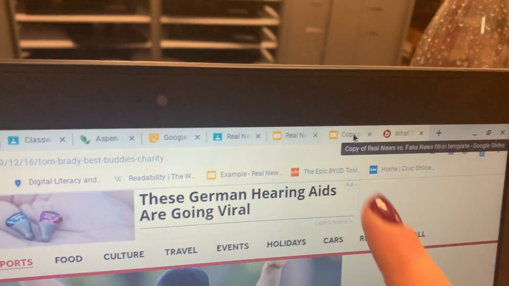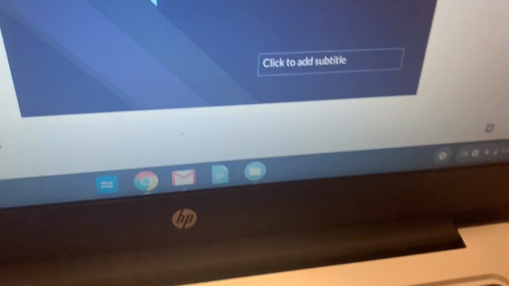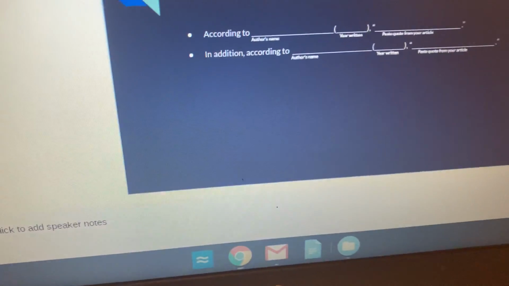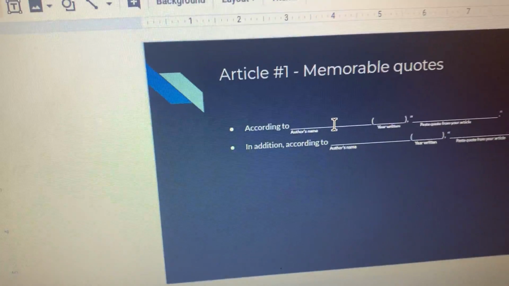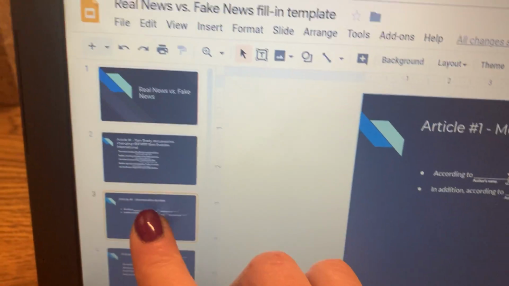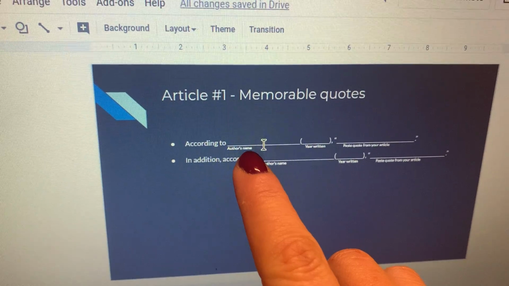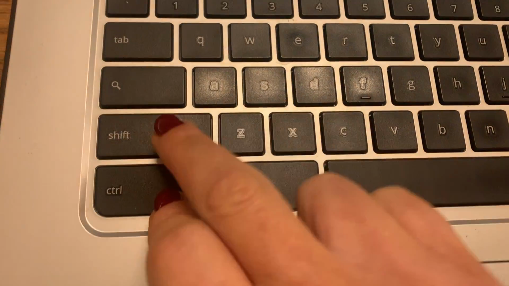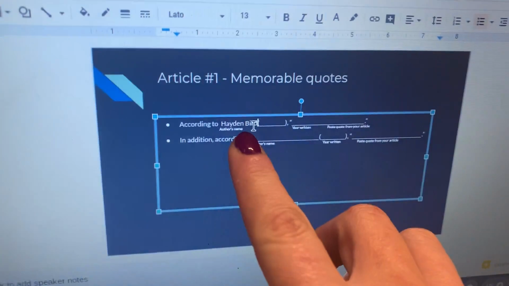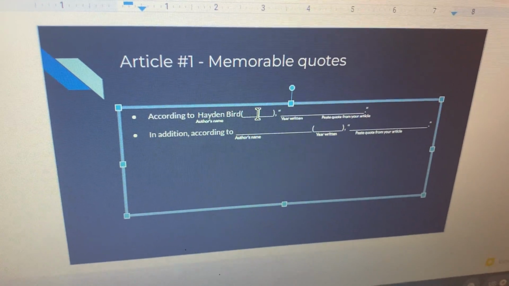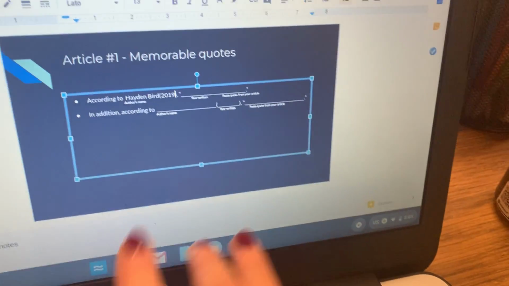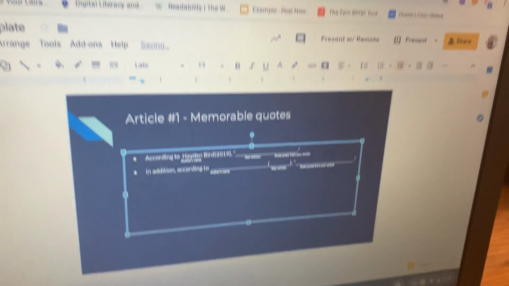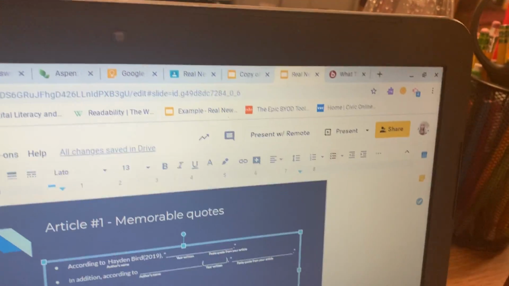You're then going to click back over to your copy of the Real News template. And then you should be on Slide 3, and you're going to double click on where it says according to author's name. So then you'll hit Control-Shift-V, so it says now Hayden Bird. You're going to double click on the line right here, and then type in the year that it was written, which is 2019. And then what we're going to do is we're going to click back over to the article,